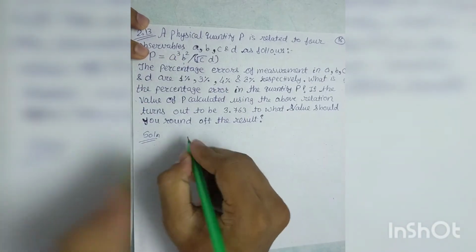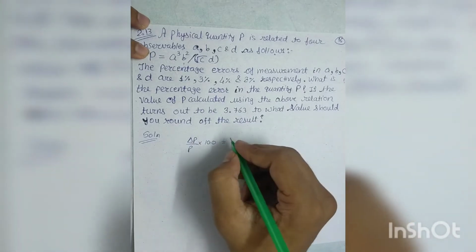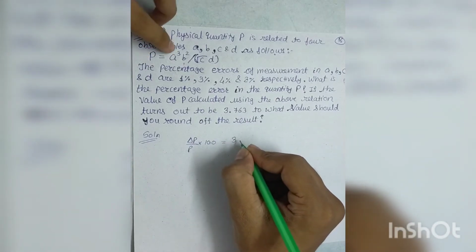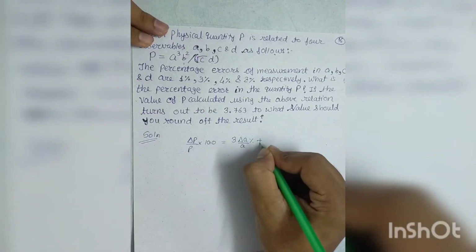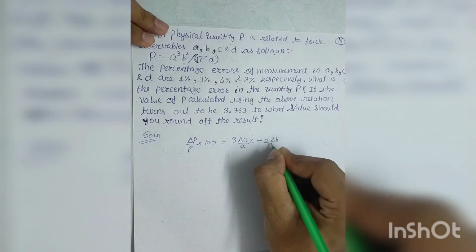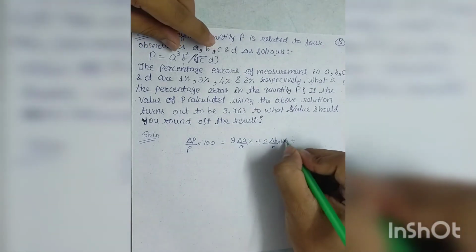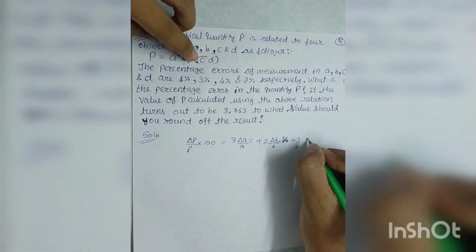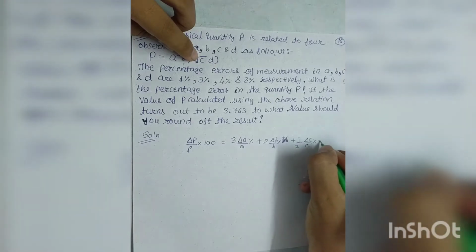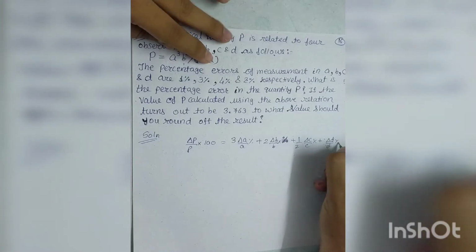So from the given expression, if we want to find the percentage error of P, it can be described as relative error multiplied by 100, which is equivalent to 3 times, that is the power times, the percentage error of A, plus 2 times the percentage error of B, plus, I should write percentage here instead of 100, 1 by 2 times the percentage error of C, plus 1 time the percentage error of D.